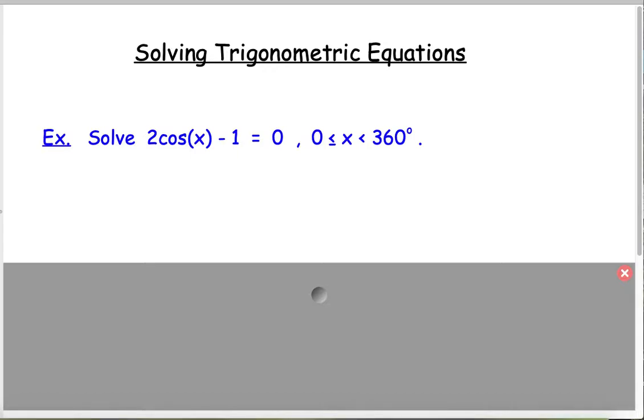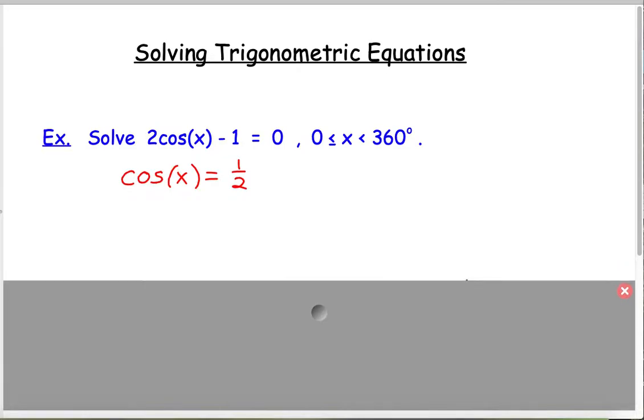Well, obviously we want to isolate the cosine of x, so we're going to add 1 to the other side and then divide by 2. And we're going to be left with the cosine of x is equal to 1/2. Now there's no need to use the inverse cosine to get x by itself. We can just think, when from 0 to 360 is the cosine equal to 1/2? And if it helps,